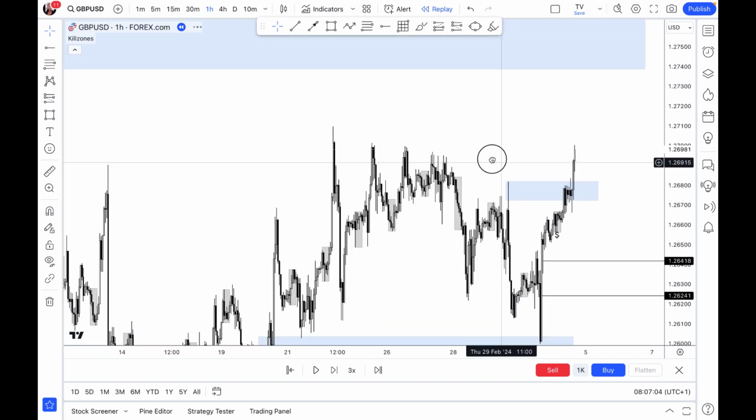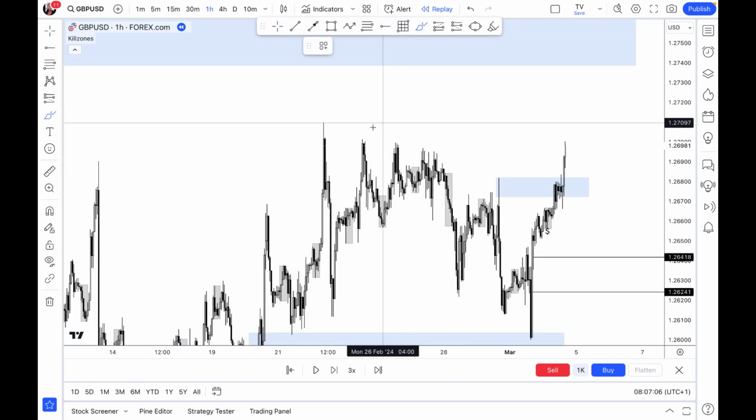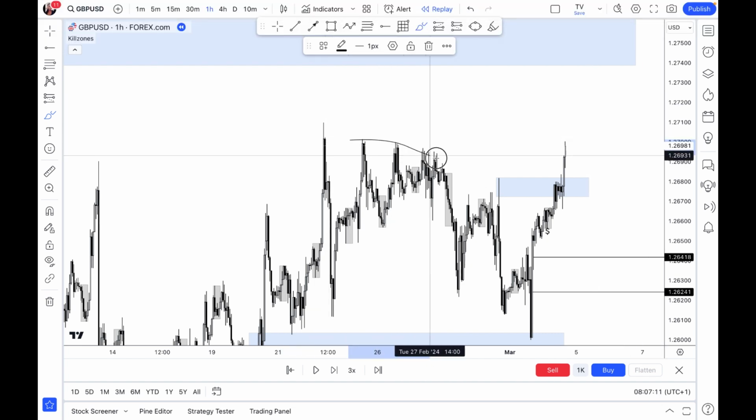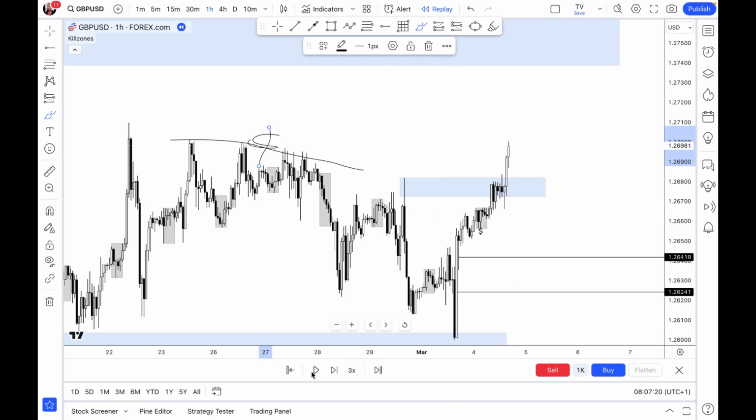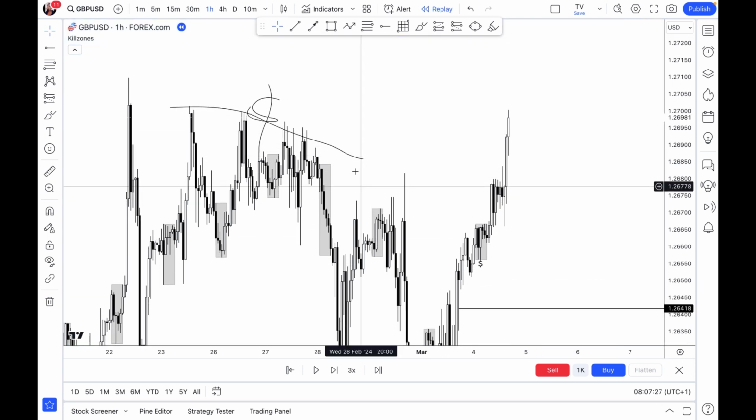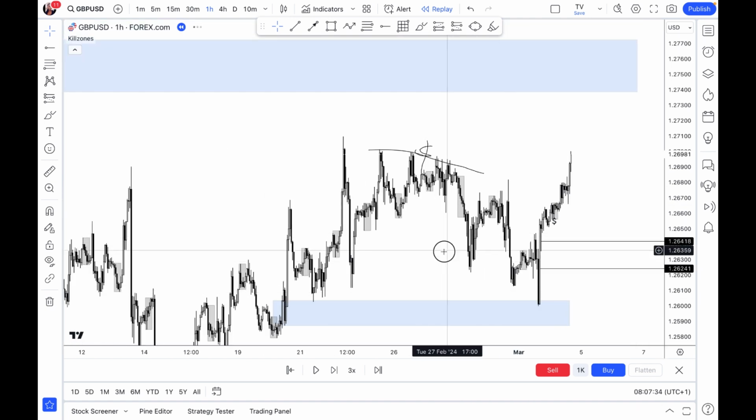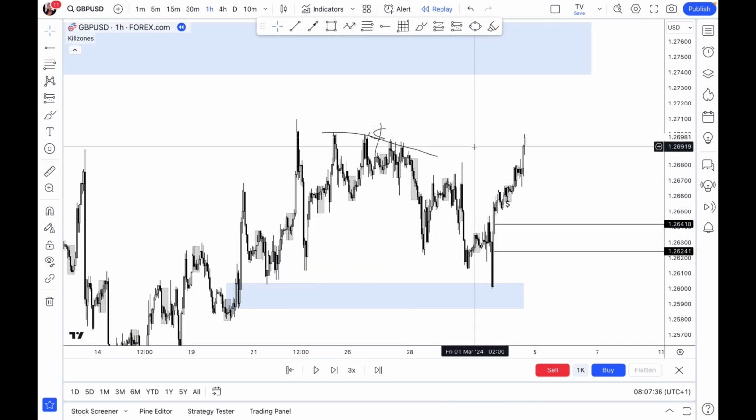Now, why I did not take that sell was because, remember I said I am bullish, and I was not looking to take a sell trade. I wanted to see this liquidity right here being taken out, and that was done right there. So maybe it's experience that just tells you not to take some kinds of trades and to just follow the bigger picture of your analysis.